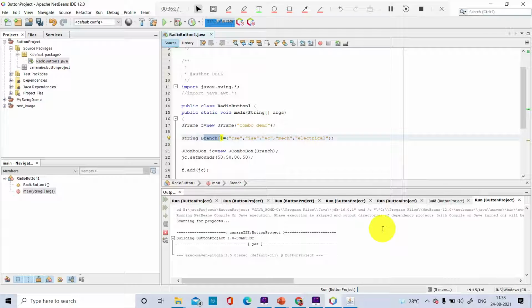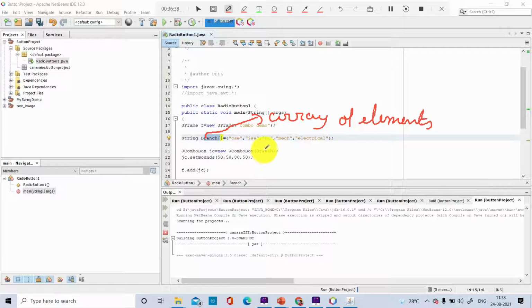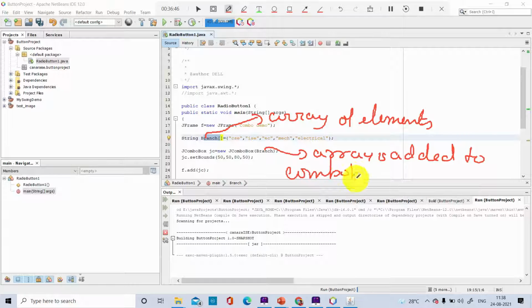I had not told it before, I'll tell it now. This is an array of elements, and the array is added to the J combo box. That is how it is visible.